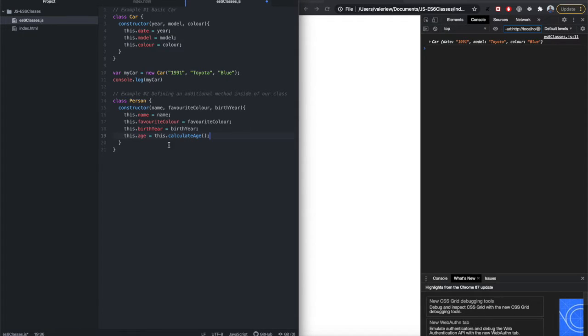moment. Okay. Once again, the reason why we use this is because in this context, this represents the owner of the method. The owner of the method is the class of Person. So within this class, we're going to define a method that will be owned by Person. So in order to reference that method properly, we need to use this. Okay, I hope that makes sense. So now that we're done with our constructor, let's move down a couple lines. We're going to define our